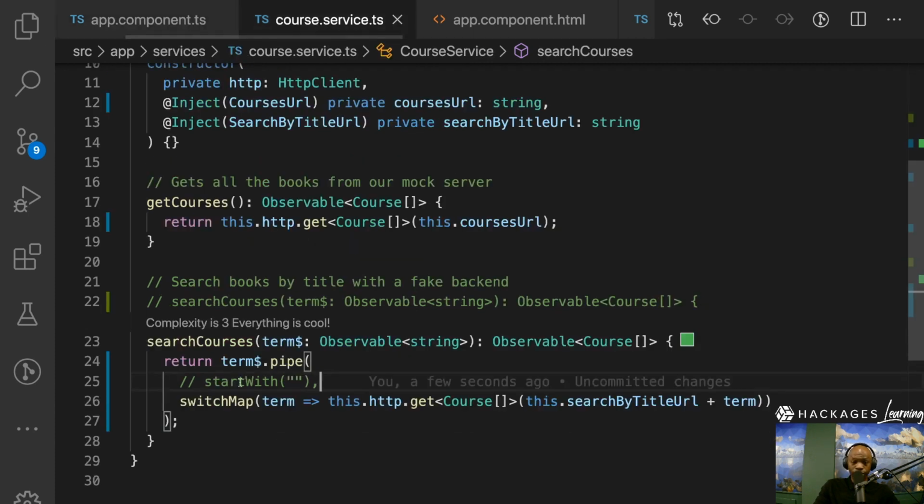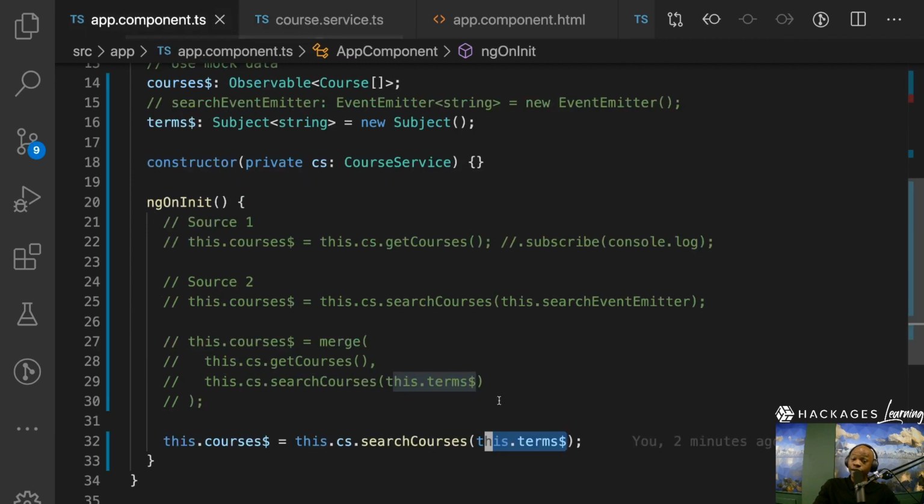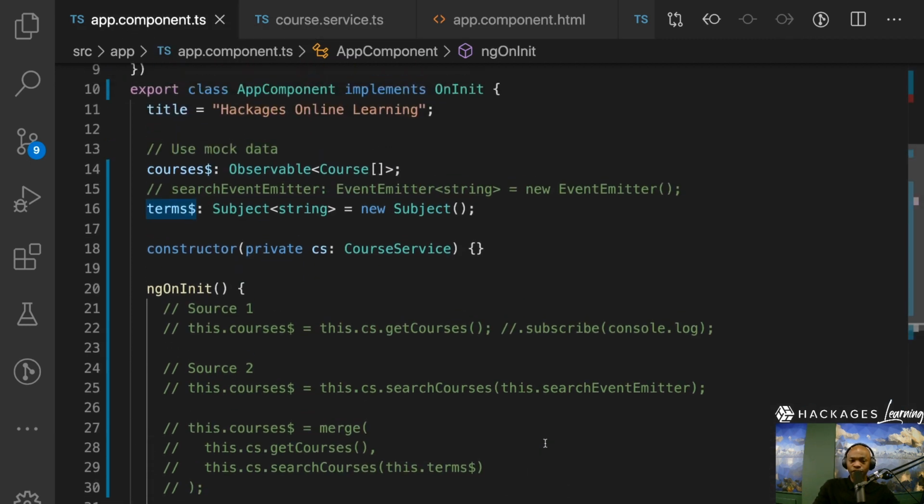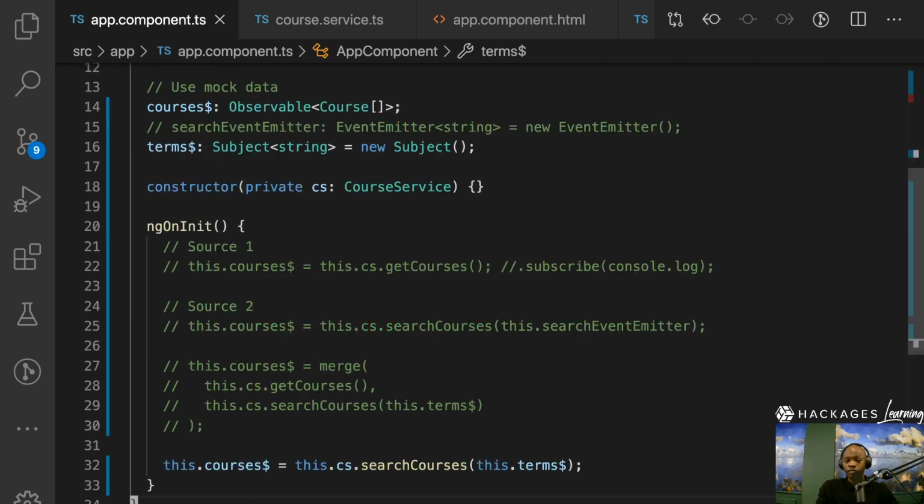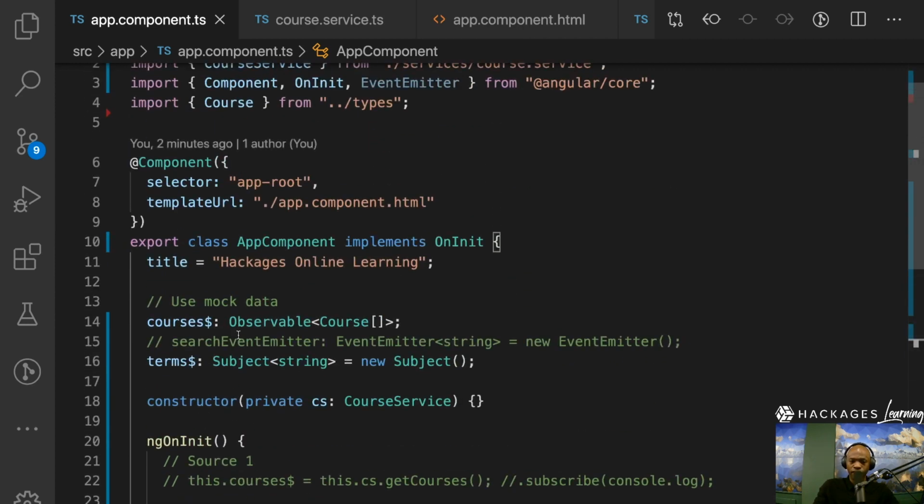So I comment out the search with term. I comment that out. Now you can also say, this one is a behavior. Since it's a behavior, you can turn that into a behavior. It's a subject, my apologies. So now you can turn that into a behavior